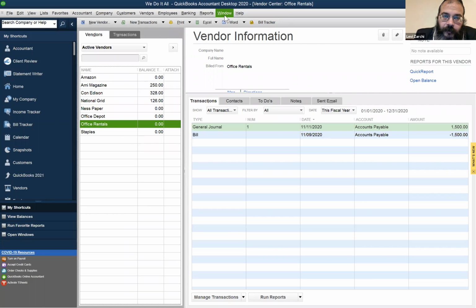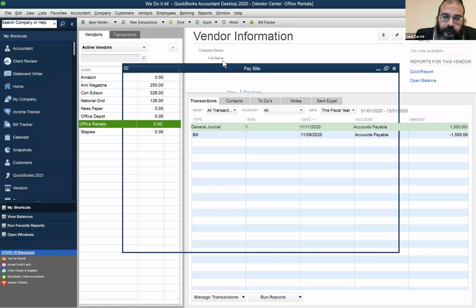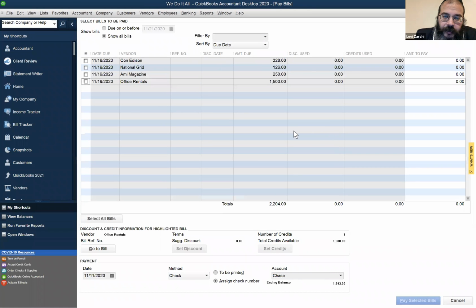But for purposes of QuickBooks, there's another part which is called pay bills, which will show an open balance of $1,500 for a bill, and it will show a credit of $1,500, because it's possible that really we had two open bills of $1,500, and I debited accounts payable for $1,500, and we don't know which bill to apply it to because they could be from different periods. Let's say I had the rent for